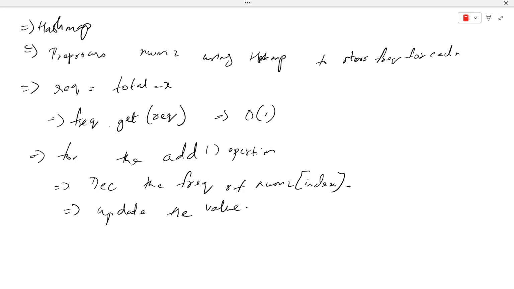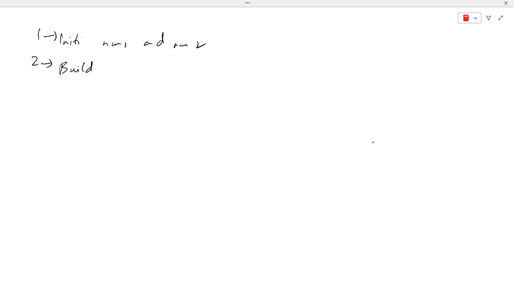Update the value and increase the new frequency. Okay, so let's try to write the pseudocode. The pseudocode would be, first step would be initialize nums1 and nums2. Second step would be build a frequency map